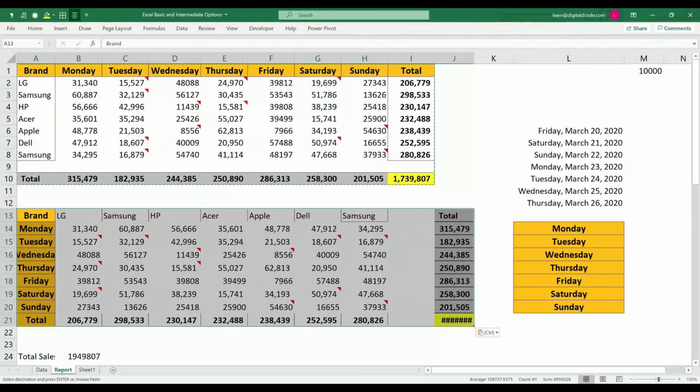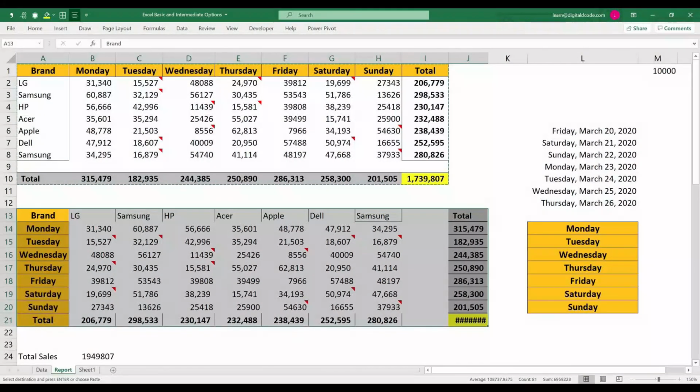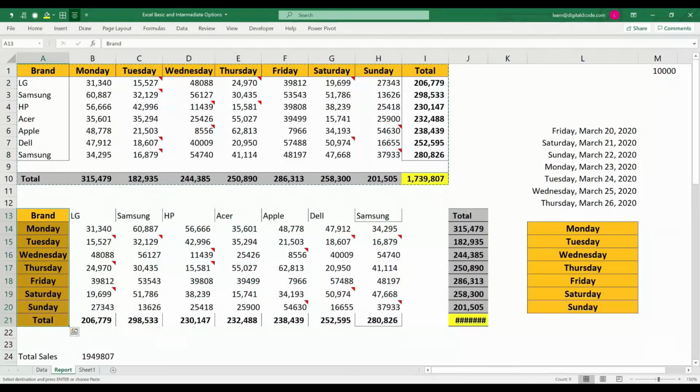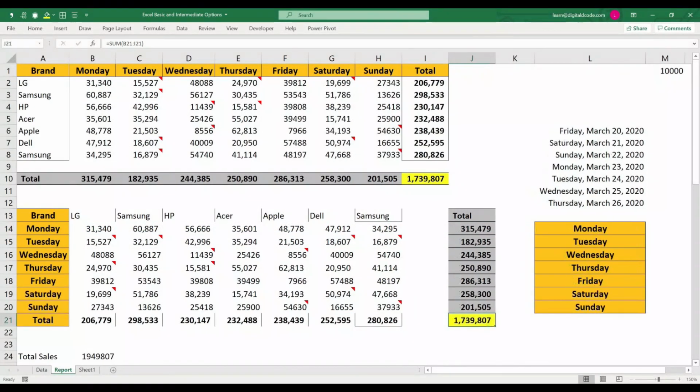Now if you see, whatever we have in the column has moved to rows. We have days in the column, that moves to rows, and we have brand in the row, that moves to column. This is transpose. Also the formula will remain the same; you can check that the formula range will not change using transpose. So this is the paste special option. Let's move on to the next option.